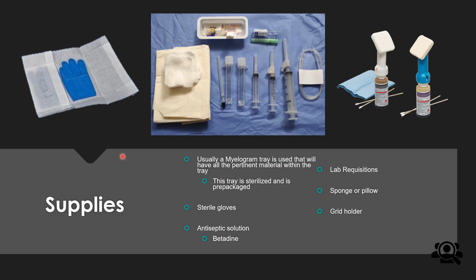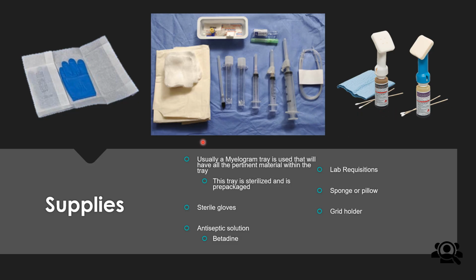Supplies, just like the same type of setup that we've seen for arthrogram and for the HSGs. Sterile gloves, you guys got to practice that a little bit with the open and closed techniques. And most of the time you're going to be doing the open technique, not the closed technique. All right, so these are the supplies that are needed: the needles, syringes, tubes for the CSF, gauze, sterile drape for the patient,